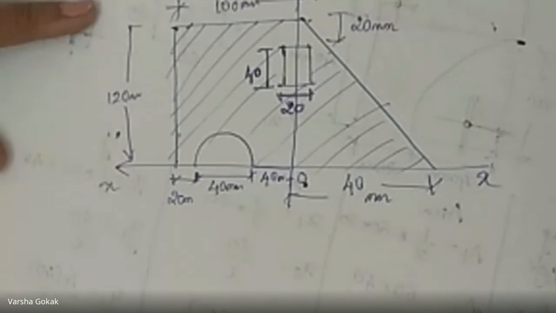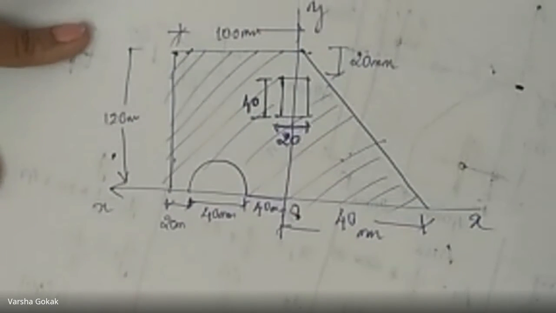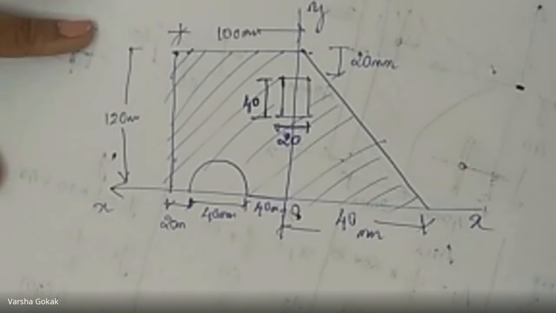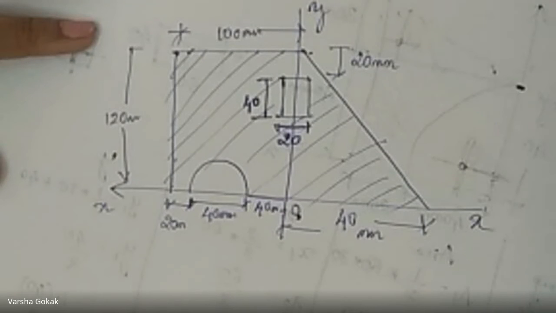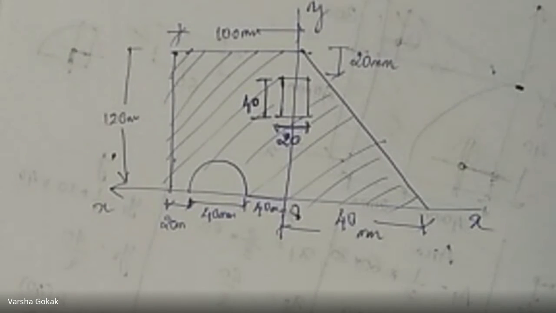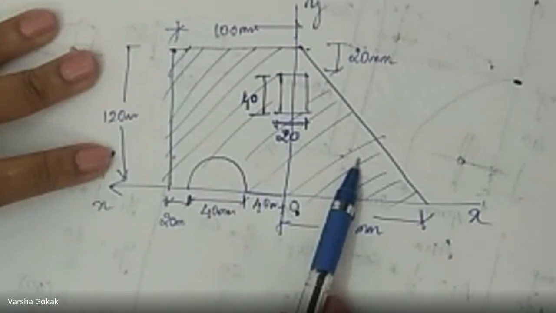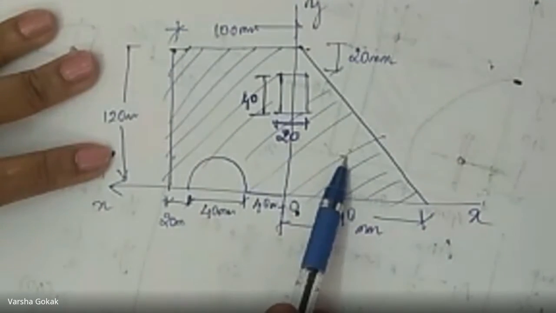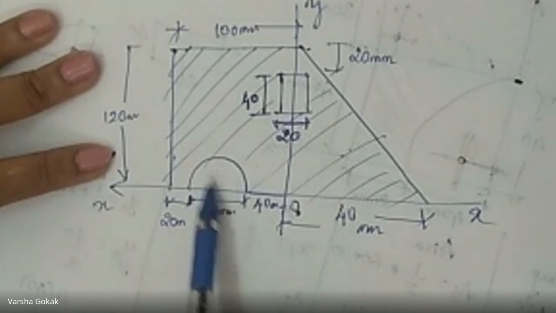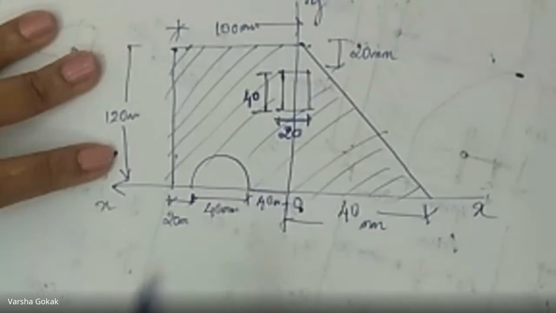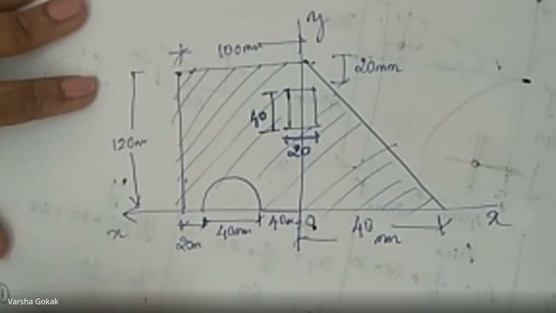So how many components are there, please? Can you unmute and tell how many components? How many and which components? Anybody can answer. 4 components. Which are those 4, Deepa? Semicircle, two rectangles and triangle. Correct. One semicircle, 2 rectangles and a triangle. The bigger rectangle plus a triangle minus deductions by the semicircle and a small rectangle. Correct. So first I'll go ahead with the component.